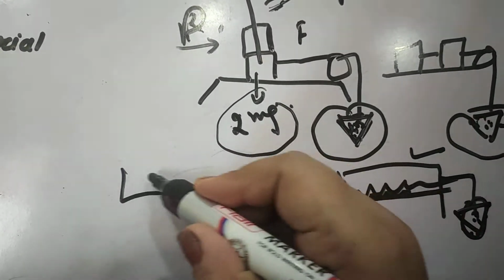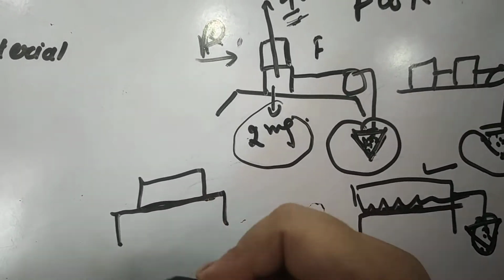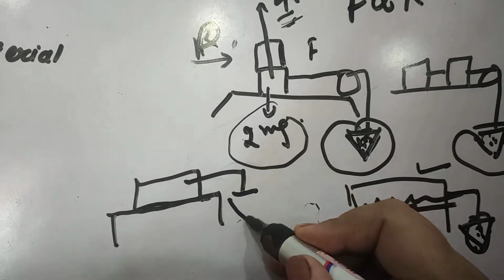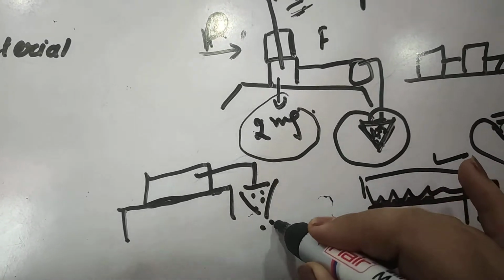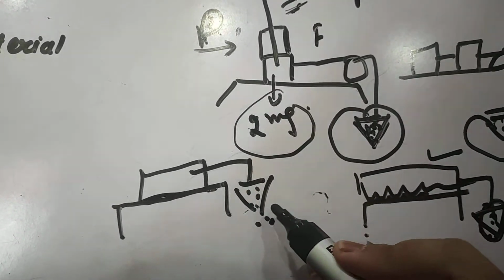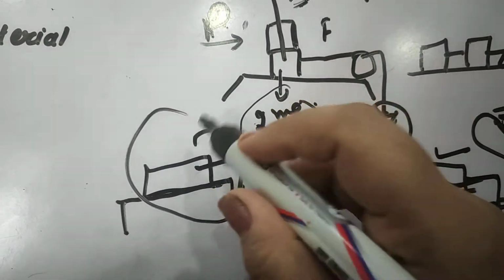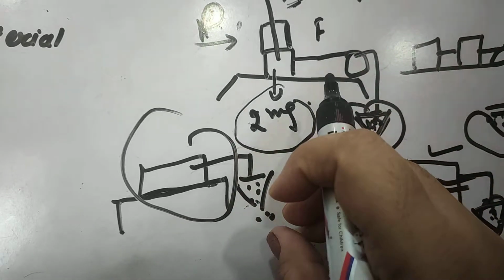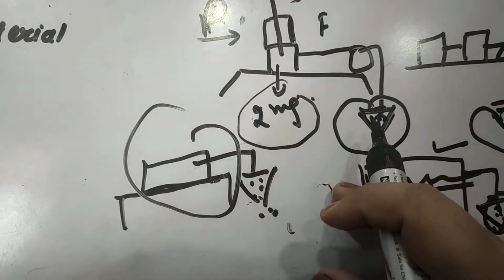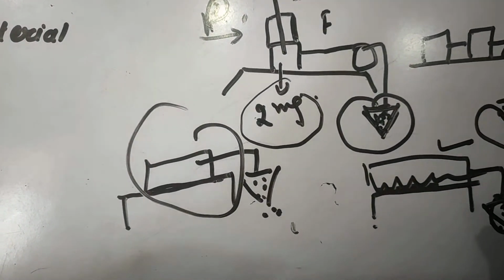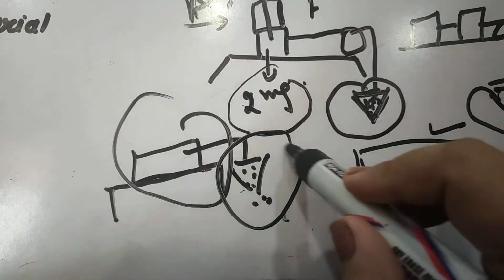Now take a smooth surface which is to be kept over the table, right? Now if we put some weight in the pan, it is observed that in this case the pan weight is lesser as compared to this. It shows that the smooth surface has less frictional force as compared to the rough surface. So in that case we can easily find out the amount of limiting frictional force by putting the weight in the pan.